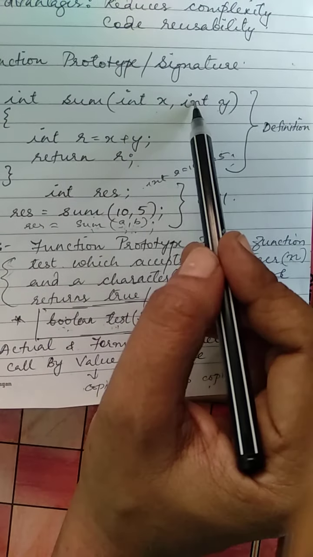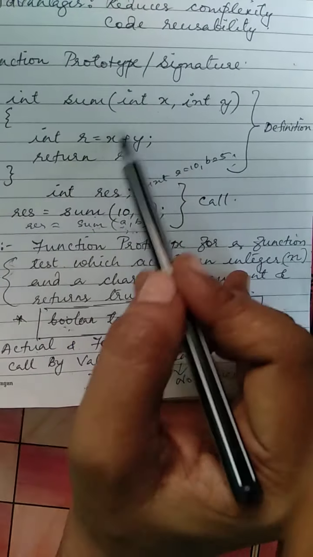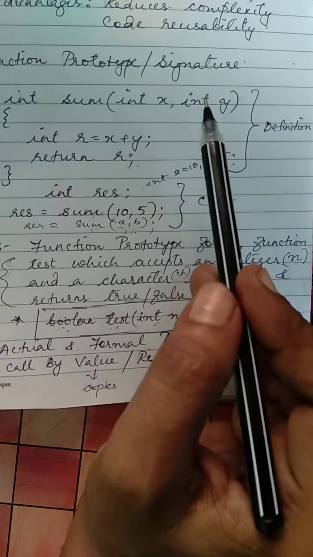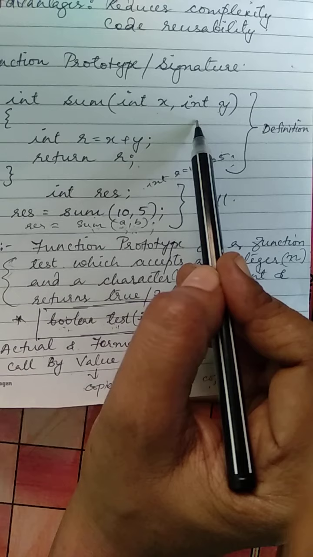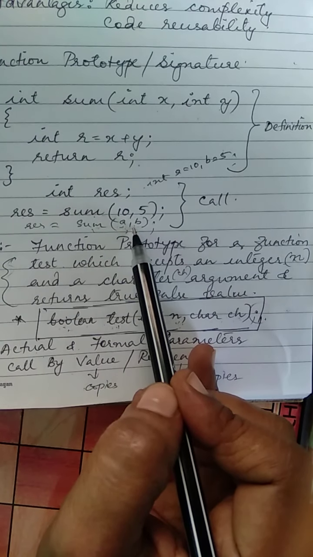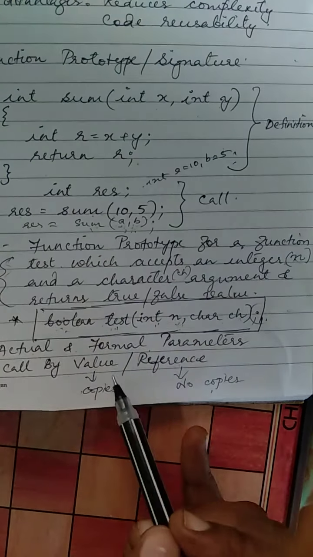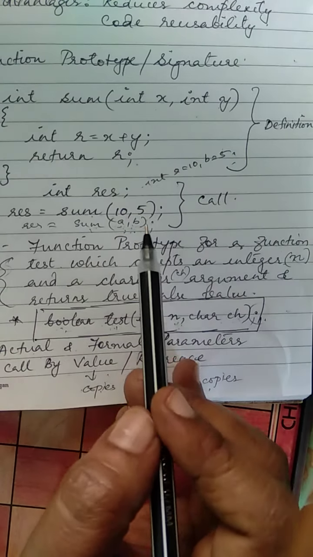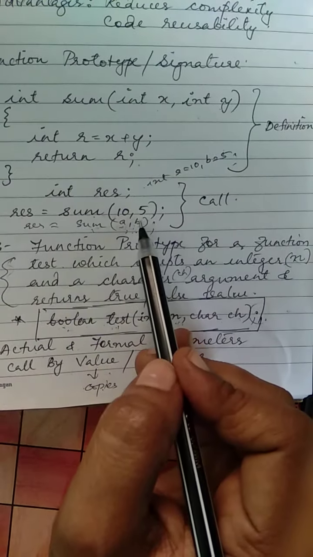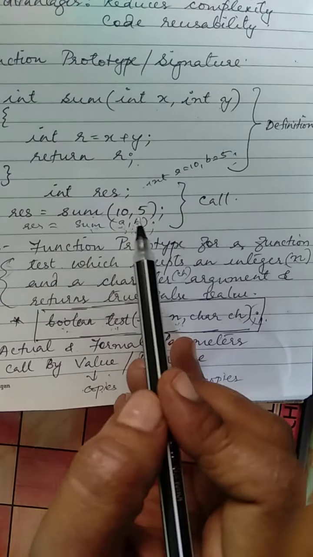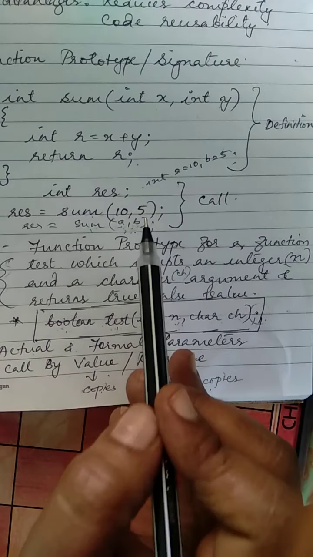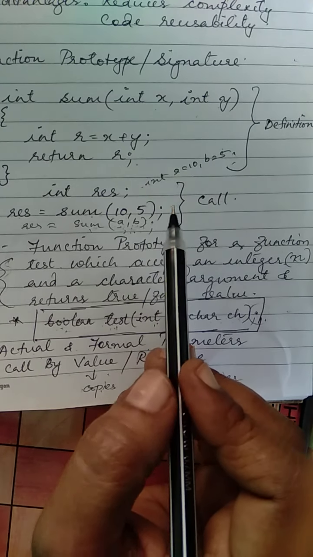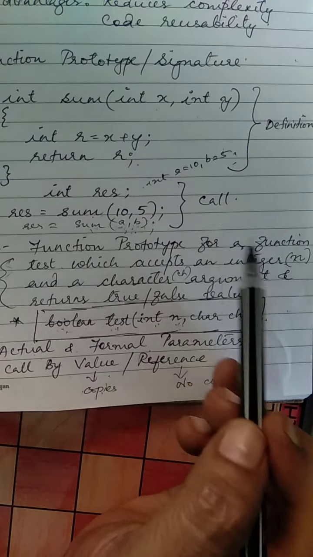So when it goes back to the function definition and performs an action or operation, changes happen only to the copy and the original values will not be affected. In call by value, copies of parameters are created, and the changes happen only in the copy of the parameter and the original value will not be changed or will be unaffected.